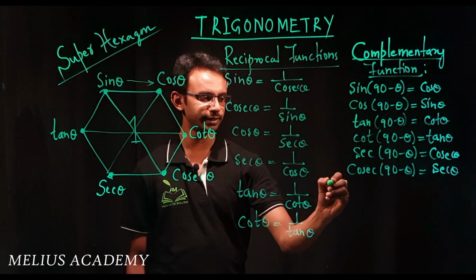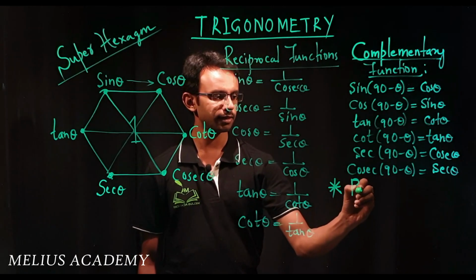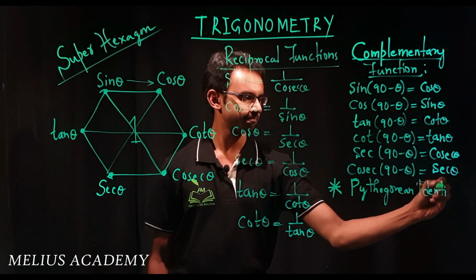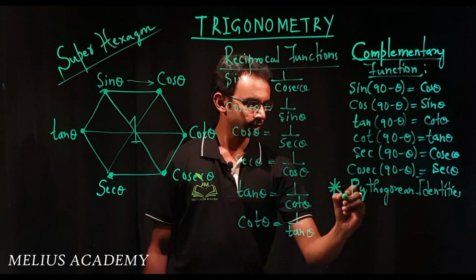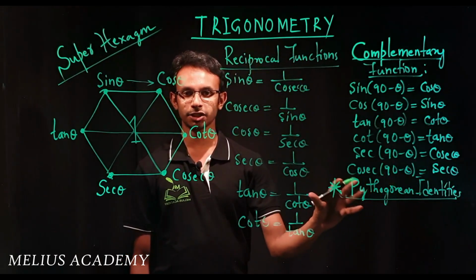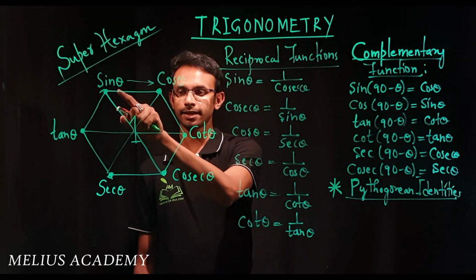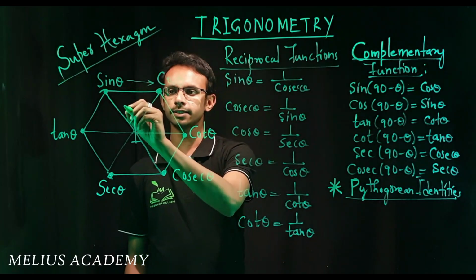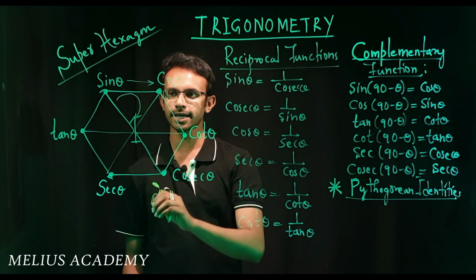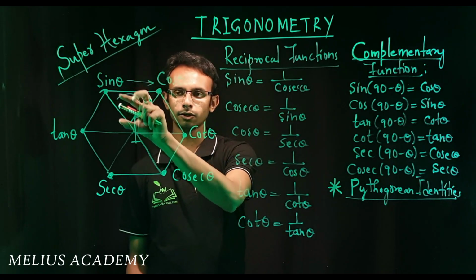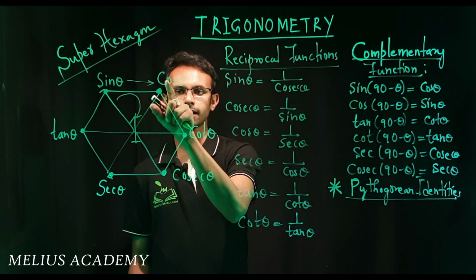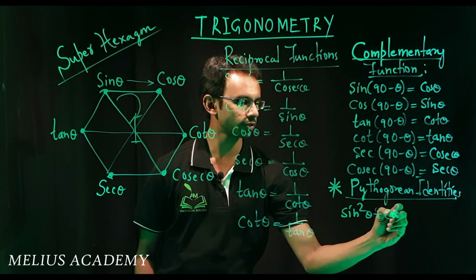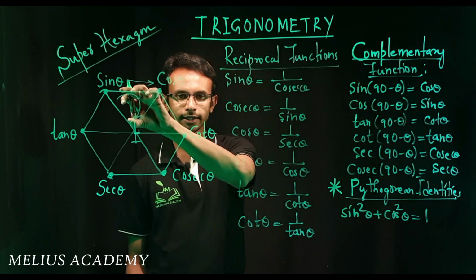Remaining 3 important identities, very, very important. They are called Pythagorean identities because they are generated from the Pythagoras theorem. These identities are essential to remember for this academic year. To remember them, you have to see 3 sets of triangles in this. The first set is this, going in clockwise direction: sin theta, cos theta and 1. Look at this and remember, sin square theta plus cos square theta is 1. The first is sin square theta plus cos square theta is equal to 1 in this triangle.